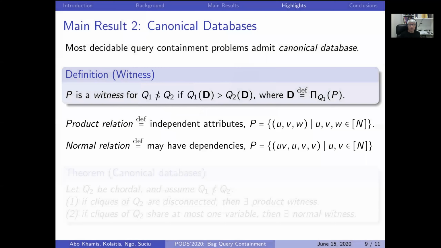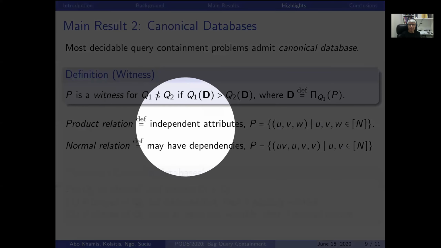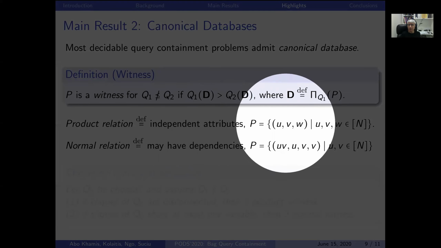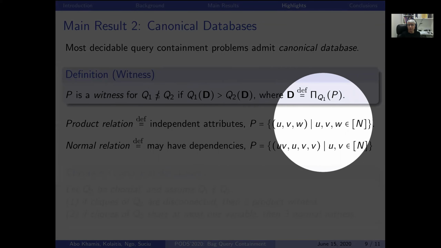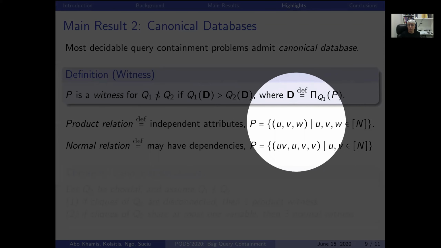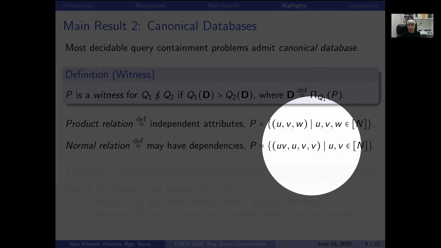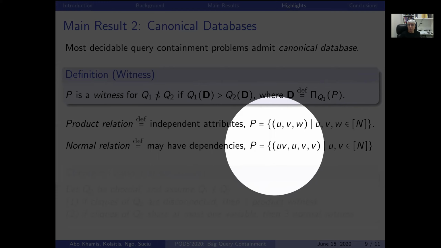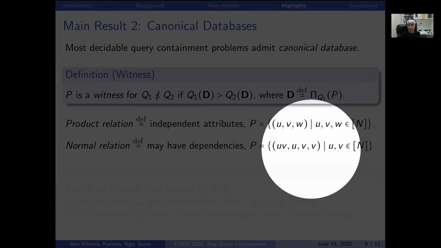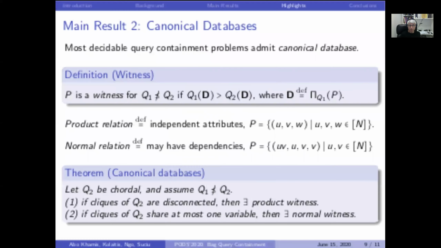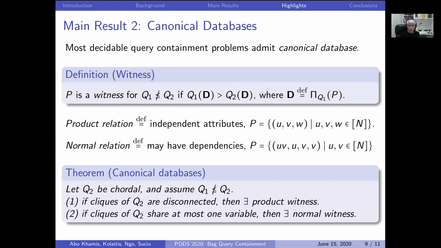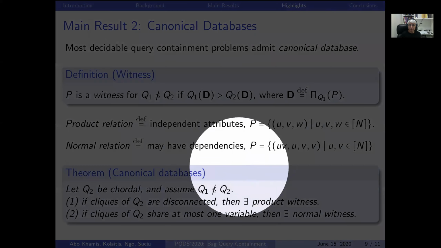So we find two interesting kinds of witnesses. The first one is a very simple independent relation where the attributes are simply independent. They are Cartesian products of their domains. And the second one is a generalization where we allow dependencies between attributes. Like here, this is a concatenation of U and V. Here, two attributes are repeated. And we prove that if Q2 is chordal and containment fails,